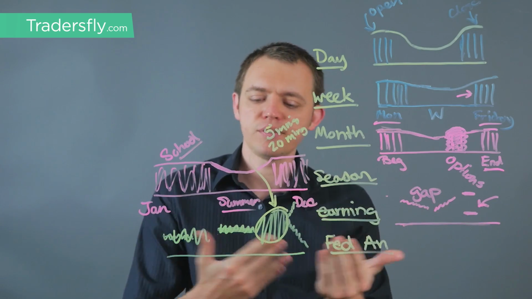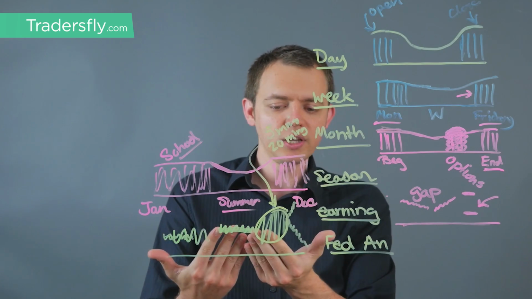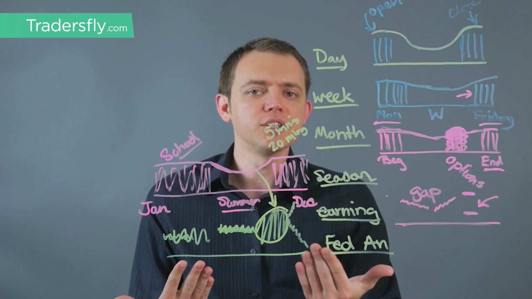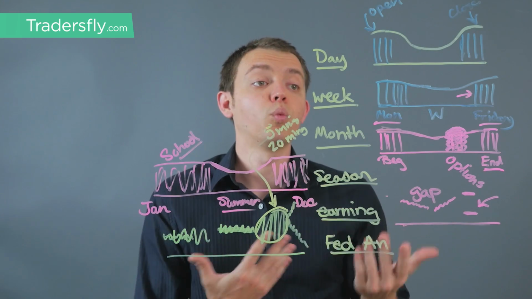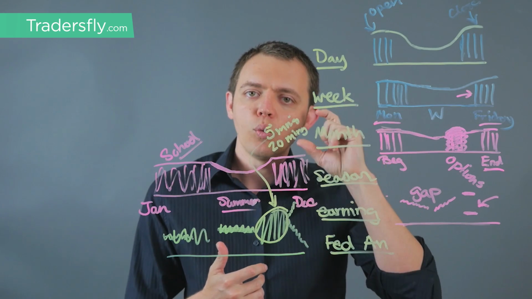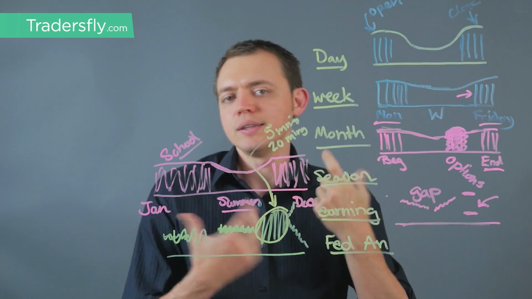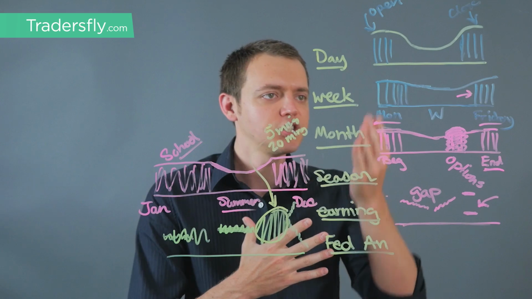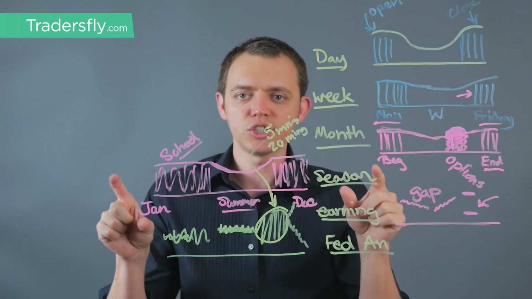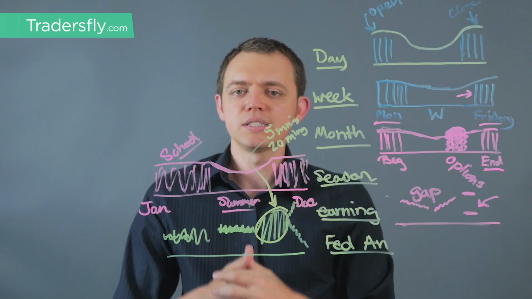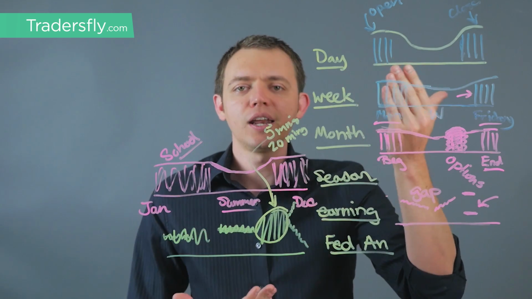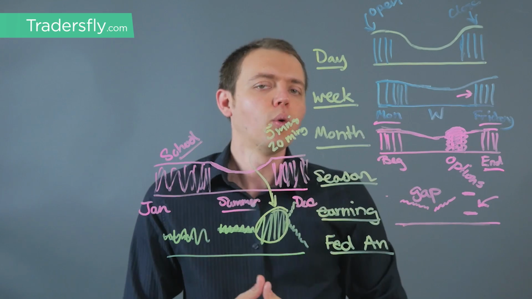Earnings, same thing. You have those gap ups, Fed announcements, you have kind of a dead zone here, and then maybe a little bit of volatility, and then you pick a direction. So these are the meta patterns. And it's important for you to be aware of them so that you don't jump in at the wrong time or make the wrong decisions based on these signals, because these signals can fake you out if you don't understand the meta pattern, right? Because it plays tricks on you, thinking, oh, well, there's a lot of volume, I should get in, even though that's normal or that's standard.